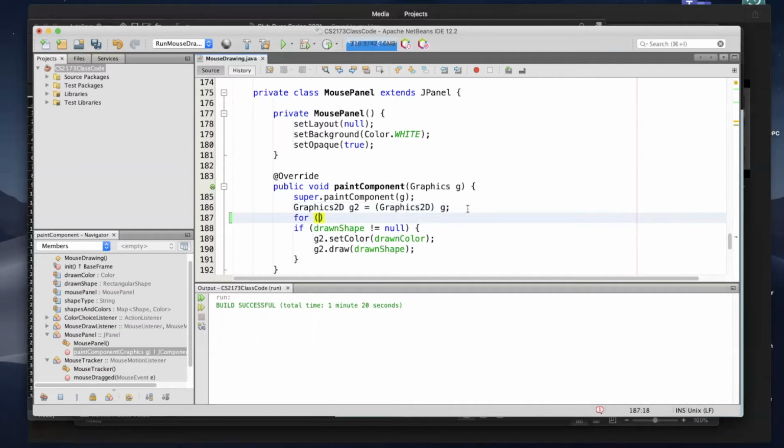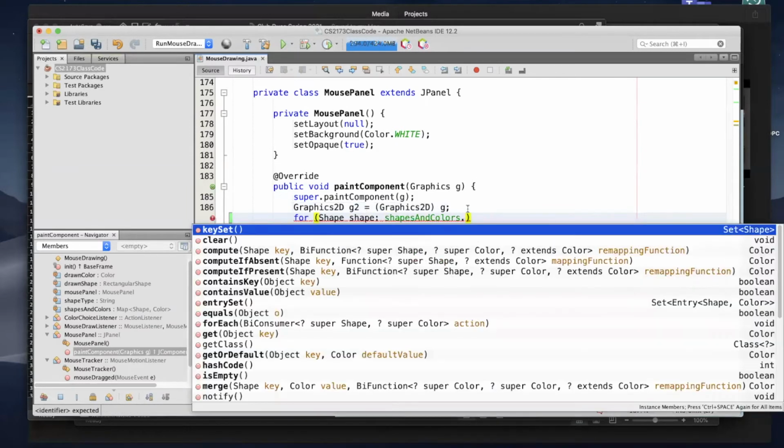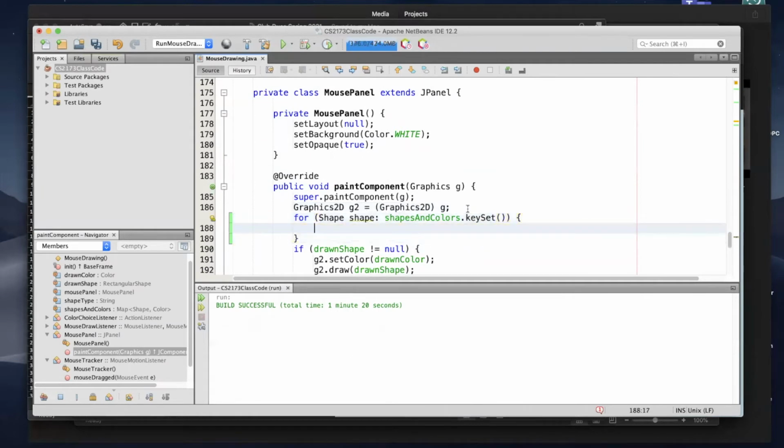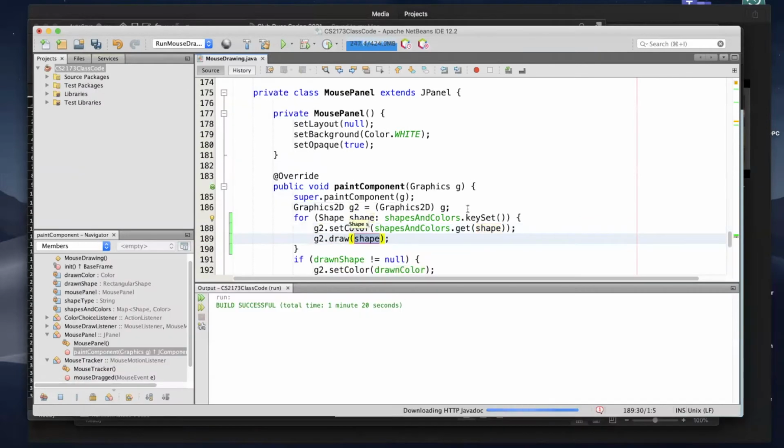We can do that with our map. What we are doing here is looping over all of the shapes that we have created. We simply set the color to its key, not the drawn color, but the shape and color of the shape that we had. In other words, every time we create one of these, we're going to put it into this map, and we're going to draw that shape here. Whenever we create it, we're going to put the color that we created it in as the value in this shapes and colors map,